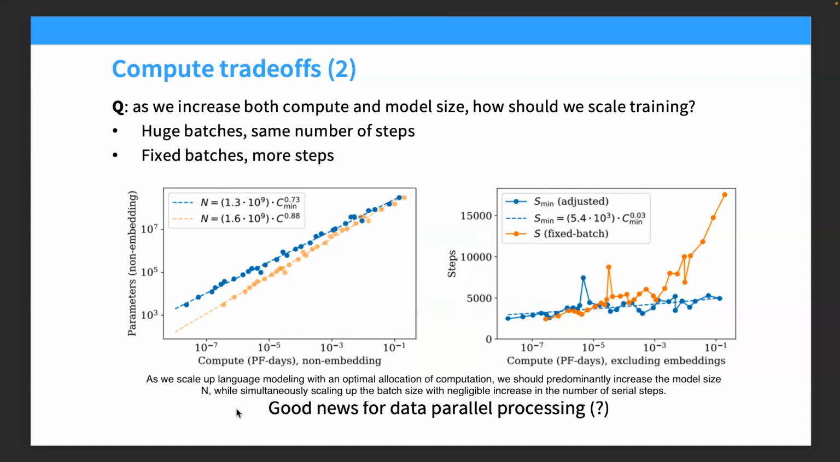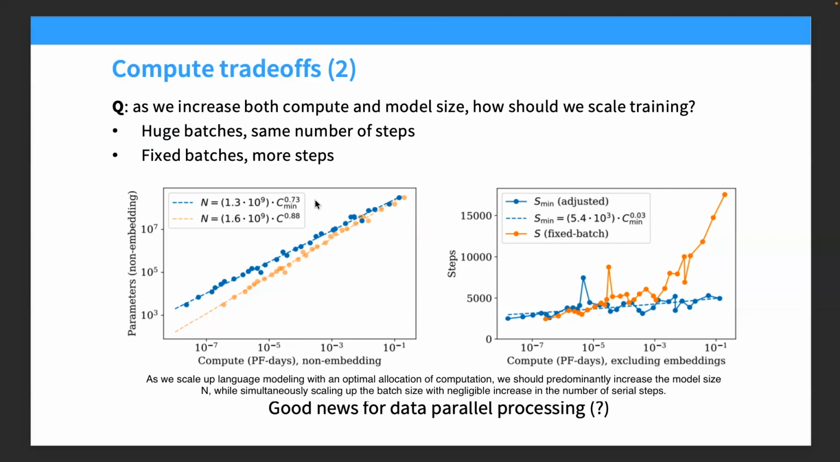This one is also interesting. It is about, given the compute power, what is the optimal model size we should configure, and how should we scale the training? Scaling the training means that we can train huge batches but with the same number of steps, right? If you have more compute power, we can choose to train a huge batch in each step, but keep the same number of steps. Or we can fix the batch size but train more steps. So which is better? And then people find that